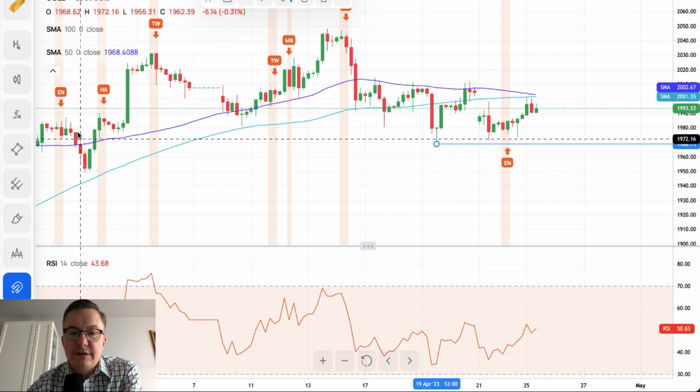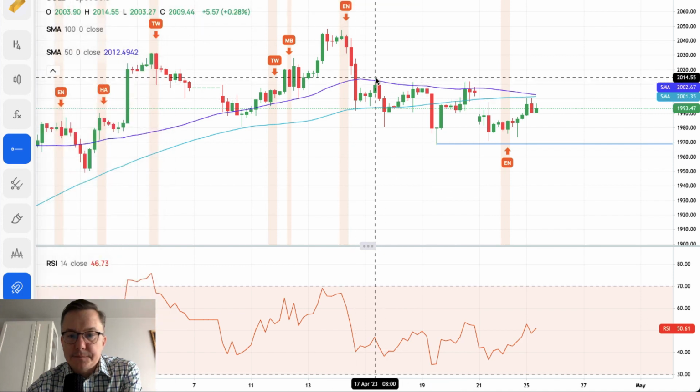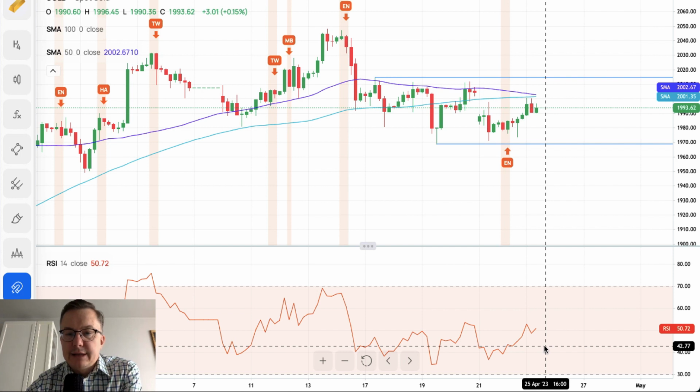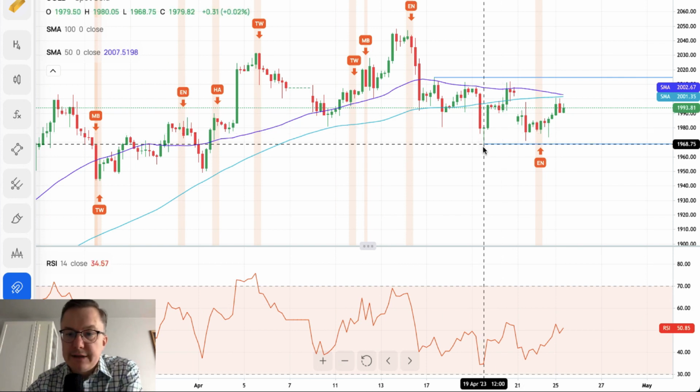So right now there is a moving average play across the board of the gold markets, and it looks like the weak negative momentum makes this movement to the upside much more difficult. However, if this level here